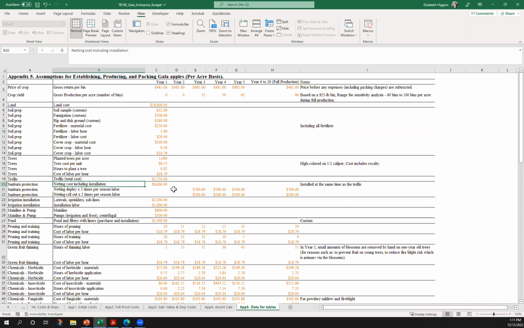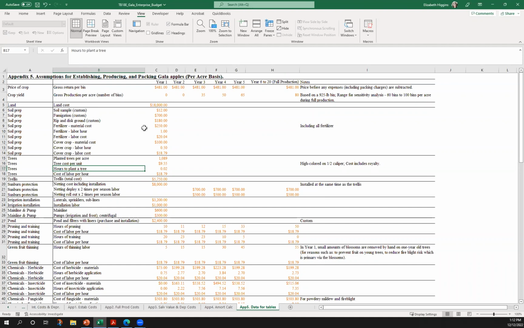Things that you don't have, you can just make all zeros, or you could delete it if you want to check the formulas to see how that would affect the overall budget. The safer thing is generally to just make something a zero if you don't have it. That way you don't have to worry that you're going to screw a calculation up somewhere else.